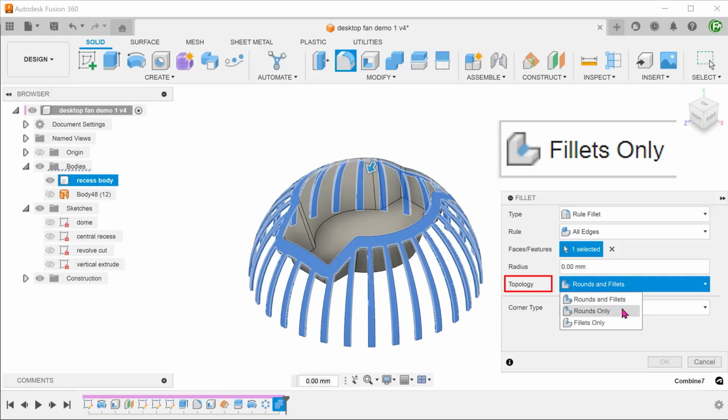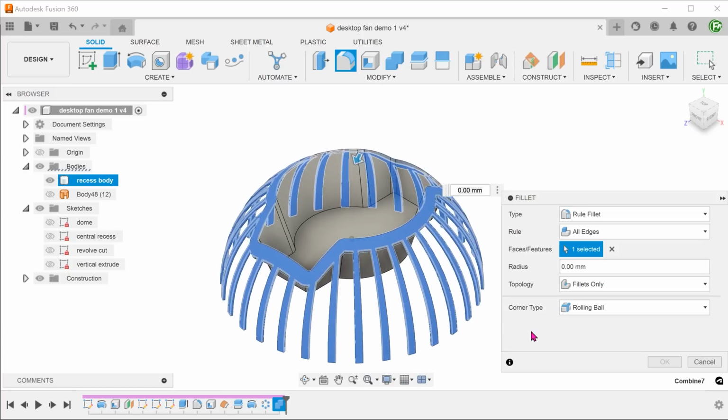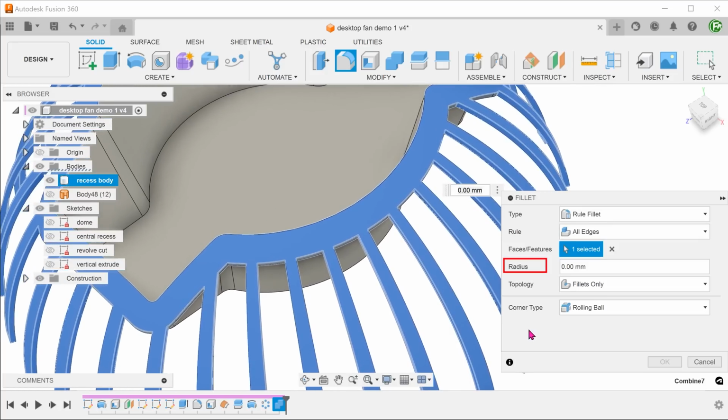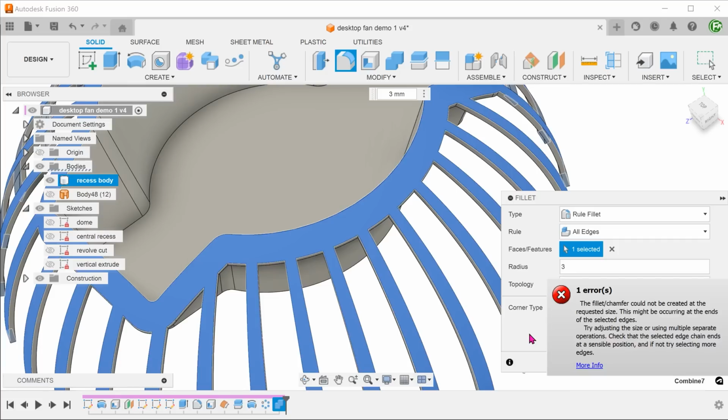We only want to create internal corners, so set topology to fillets only. You will find that you can only get by with a very small radius. If you try any value larger, it will fail. So it looks like the rule fillet method will not give us a full round fillet here.